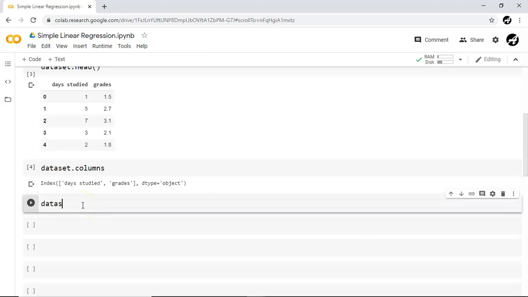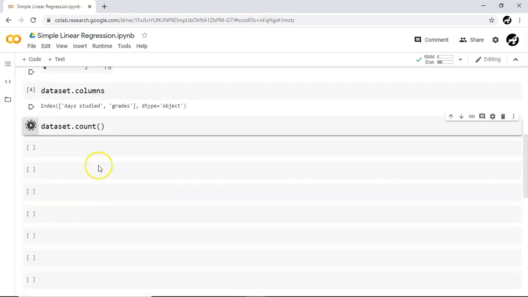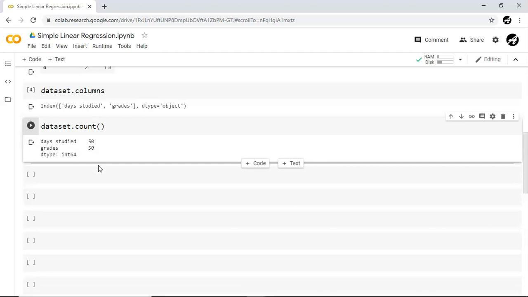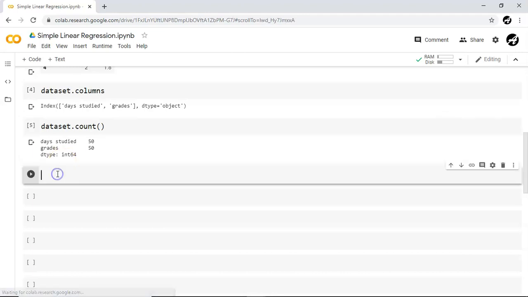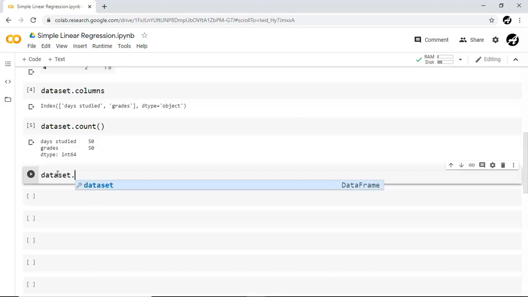Let's find the count on it. Although all those commands we have applied earlier also. For both the columns, it will calculate how many records there are. So in the case of the first column we have 50 records available. In the second column also we have 50 records available. Let's describe it. It will calculate some statistical values for both of these numerical columns.